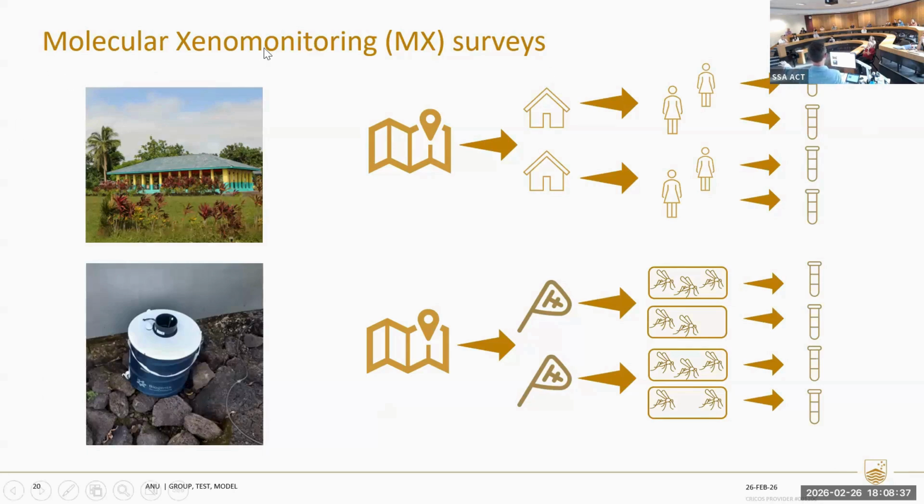Xenomonitoring means you're doing monitoring not in humans that you're actually interested in, but in a foreign species, in this case, mosquitoes or flies. And molecular means that you're doing a test. So the molecular xenomonitoring surveys, in practice, look a lot like a sort of cluster survey